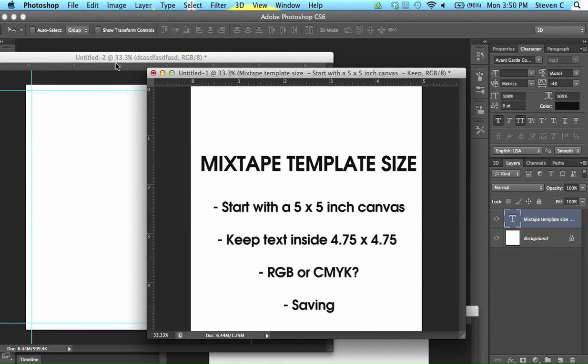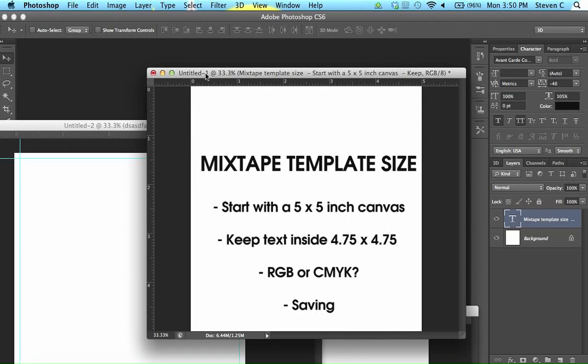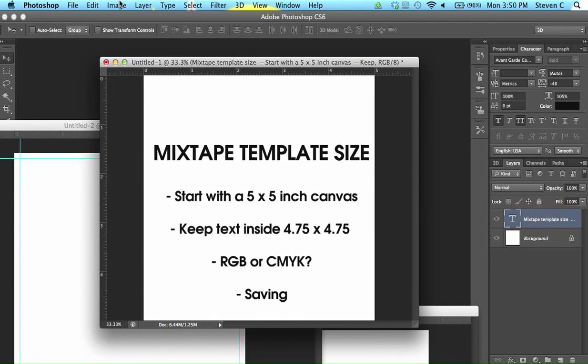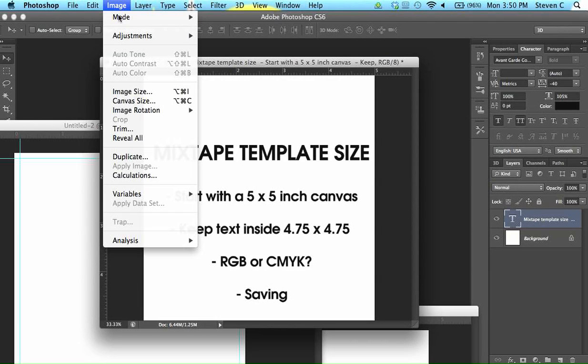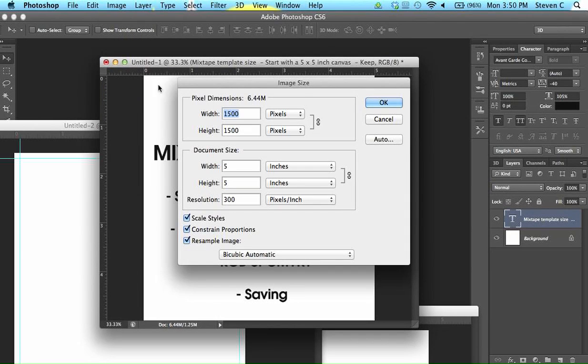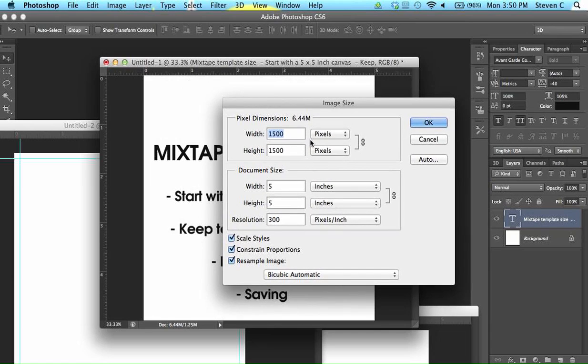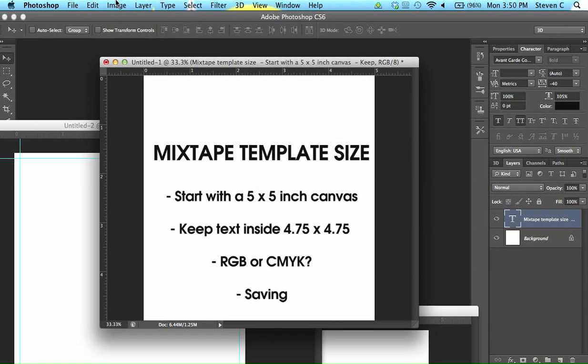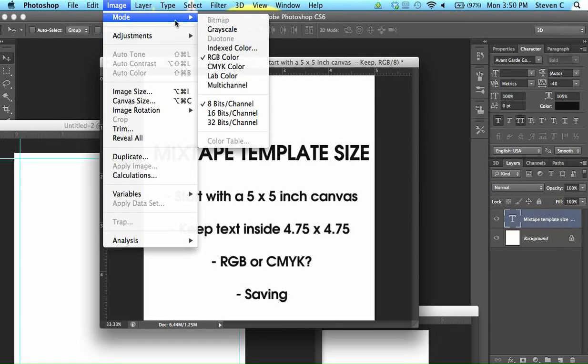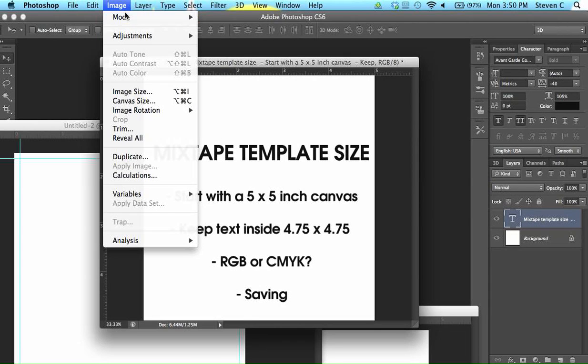RGB or CMYK format. I design in both. It depends. A lot of mixtapes are done in RGB, some in CMYK. I like to do RGB just because of the color. The color variation is a lot brighter than CMYK. What I'll do is design it in RGB and then flatten the file to CMYK. So for example, if this file here is done in RGB, after I finish, what I'll do is